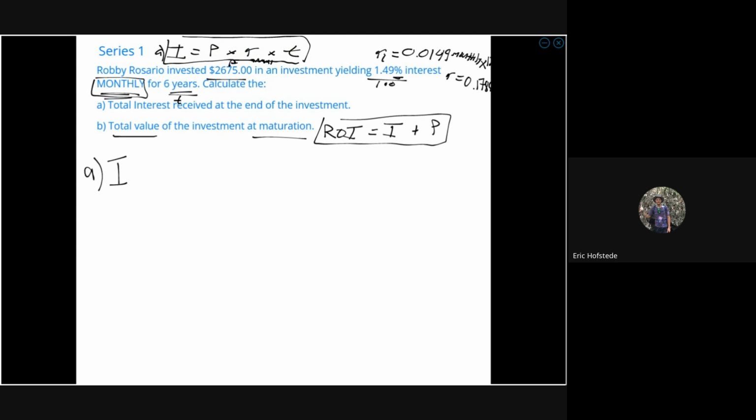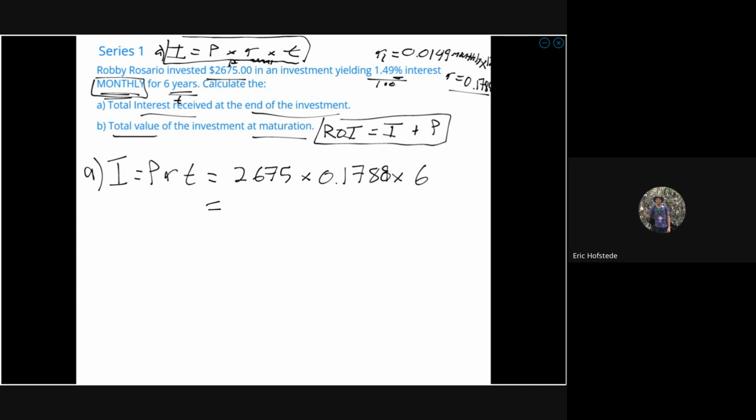A, my interest received at the end of the investment after the 6 years is equal to the principal times the interest rate times time. For me, the principal was $2,675. The interest rate I'm multiplying it by is the annual rate of 0.1788, and the time is 6 years. Multiply those three numbers in your calculator. Sorry, that should be 8. I misread it. Multiply them all together in your calculator,